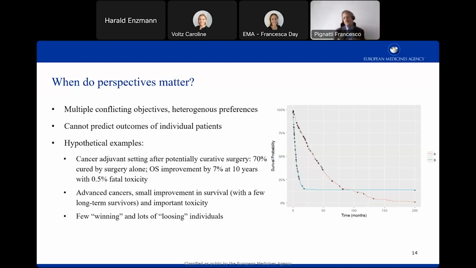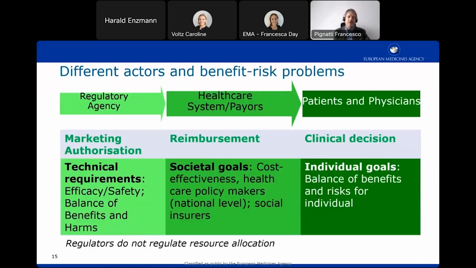You can see here, in this hypothetical example, how the two perspectives, prospective population and individual, can conflict. And as a regulator, you need to take into account both and describe both, because depending on the situation, any of them could be relevant. So perspective is important. And the last thing to consider is, well, what is the role of the regulatory decision